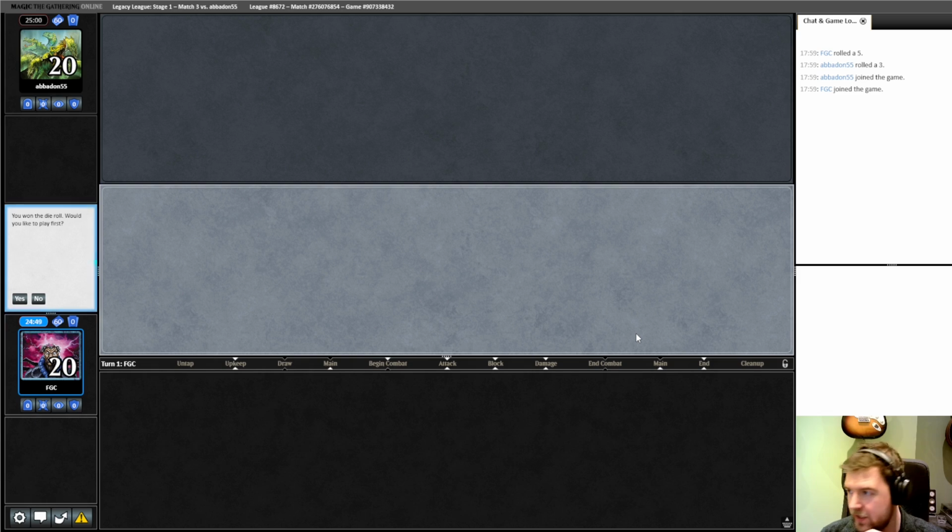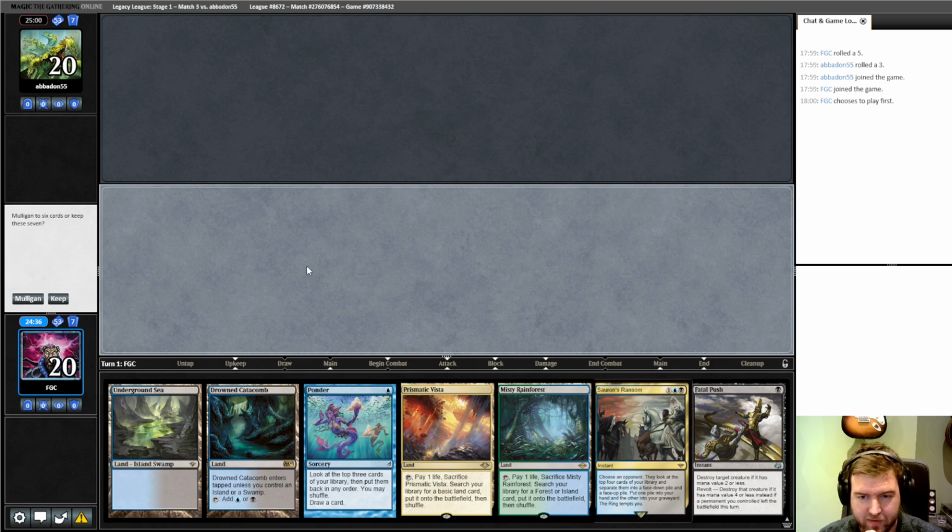Welcome to round 3 of the Legacy League with Tainted Pact. We're playing against a person called Abaddon55. Notably, in the previous league I recorded, we also played against someone called Abaddon, but this is a different Abaddon. So Abaddon, clearly popular with Magic Online